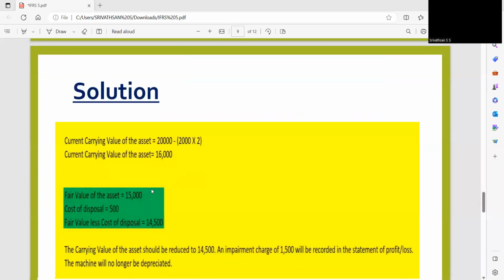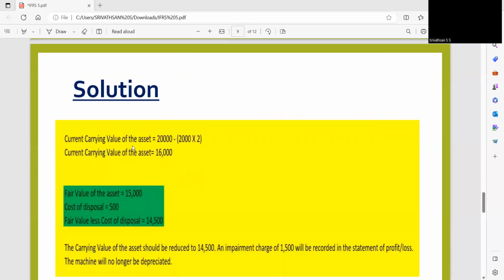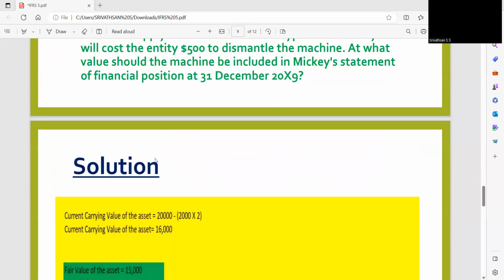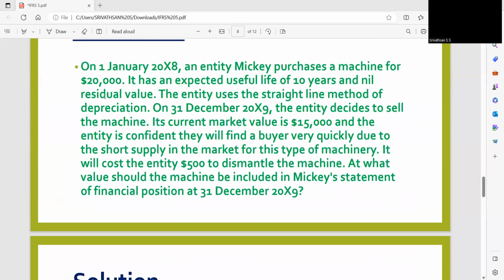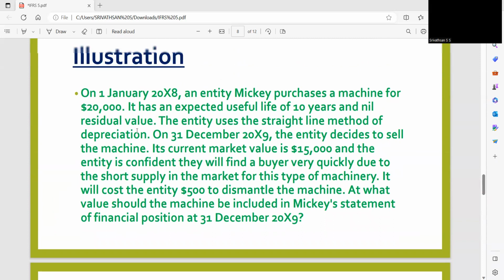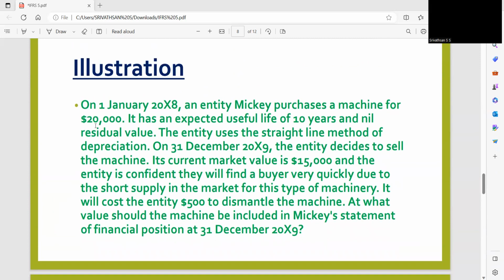So here the solution is, first, we need to calculate the carrying value of the asset as on 31st December 2019. We have purchased the asset for $20,000 and we have used it for 2 years. So we need to reduce the accumulated depreciation for 2 years. Depreciation for 1 year is 20,000 divided by 10, because the cost of the depreciation is 20,000. There is no residual value. So 20,000 minus 0 divided by 10, we get 2,000 as a depreciation expense for 1 year,